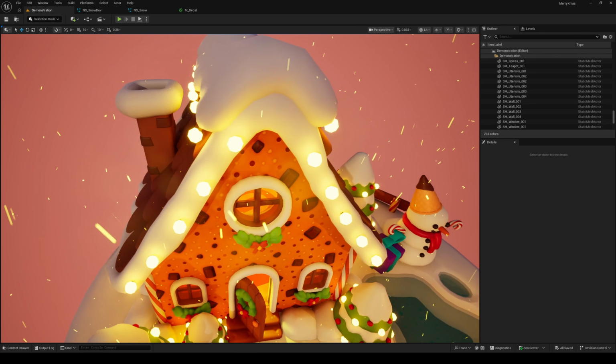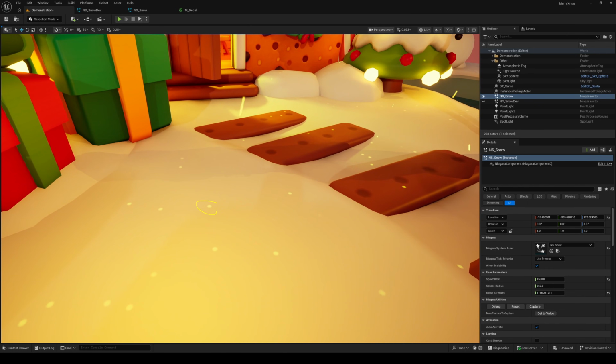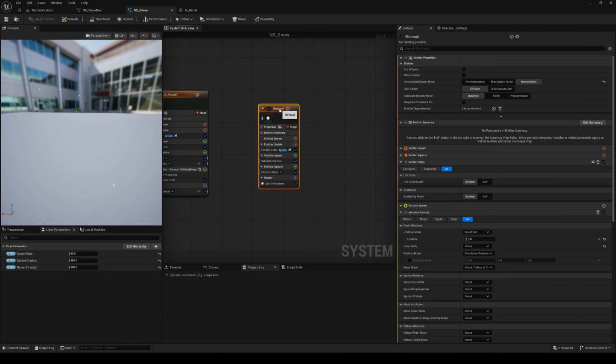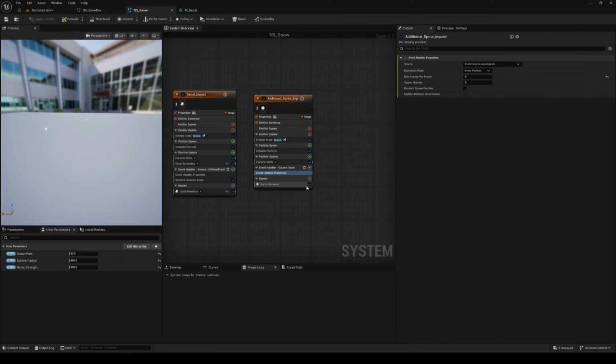But we're not done yet. What if we want to add another collision event, this time to spawn secondary snow splash particles when the main particle hits the ground, on top of the decals? Say no more, let me show you, mes amis. Now let's create one more emitter, again starting from a minimal emitter. Just like before, we'll add a new section using the plus stage button and choose an event handler.